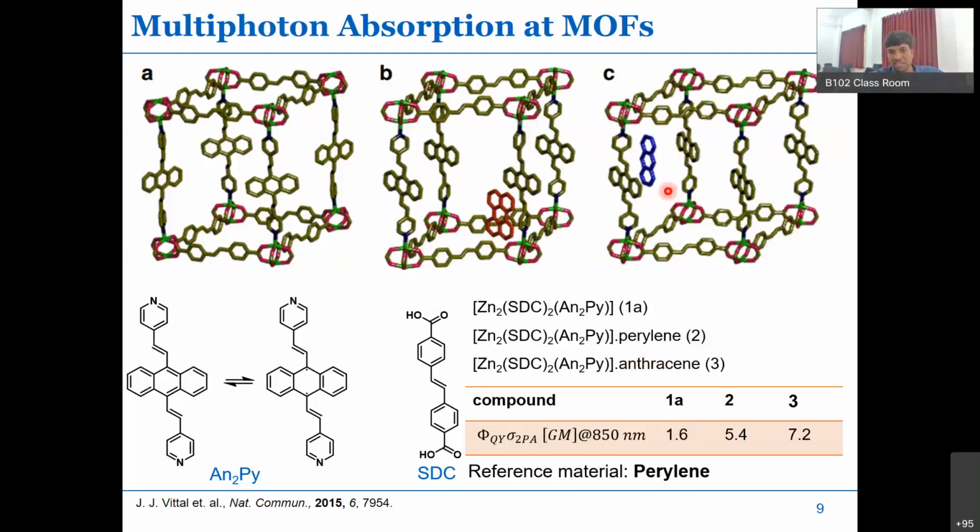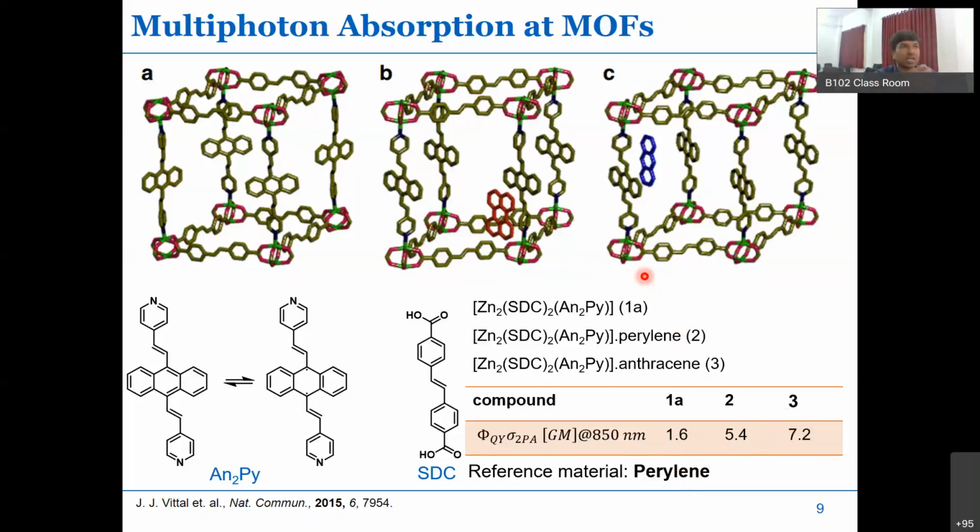So you see one anthracene has been incorporated into the framework, and all these compounds show, upon loading of the different dye molecules, an enhancement in the absorption cross sections, or action cross sections actually. In this case, of course, we use the reference material, and the action cross sections are from like 1.6 to 7.2, and this is because there is a kind of push-pull mechanism where the